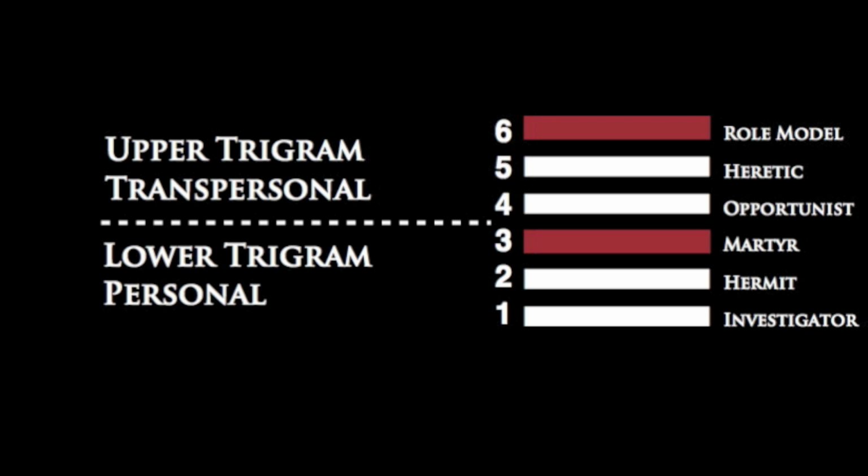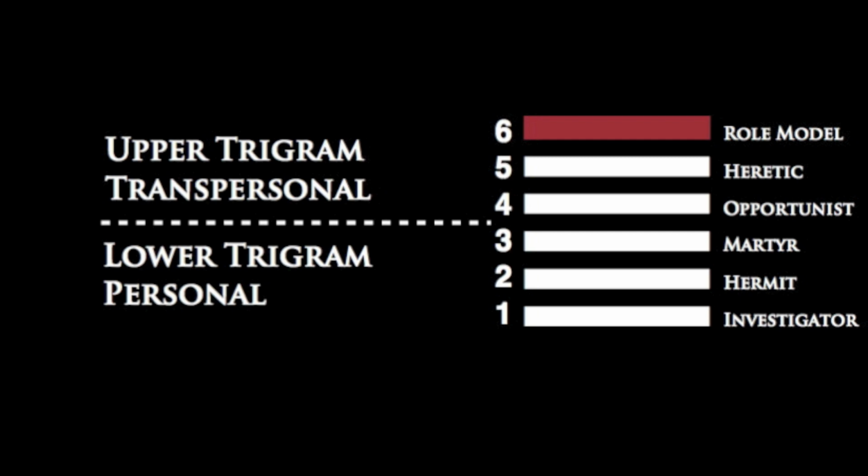But the 6th line has to go through a little 3rd line boot camp in the first 28 years of its life in order to gain a lot of experience. After that, it finally comes into itself as a role model and realizes, okay, I don't have to connect so much with that. I'm not going to have to be part of that kind of process forever. I can go into a different process of just what you could call embodiment.